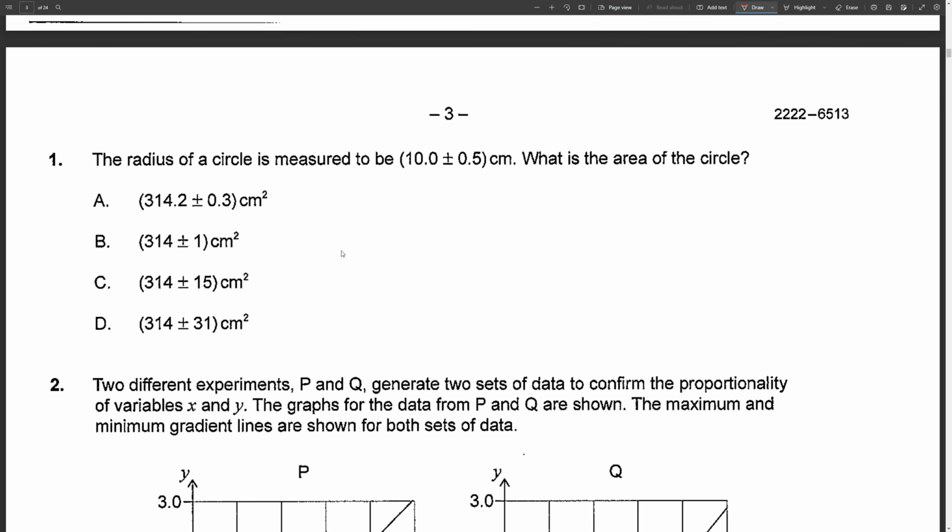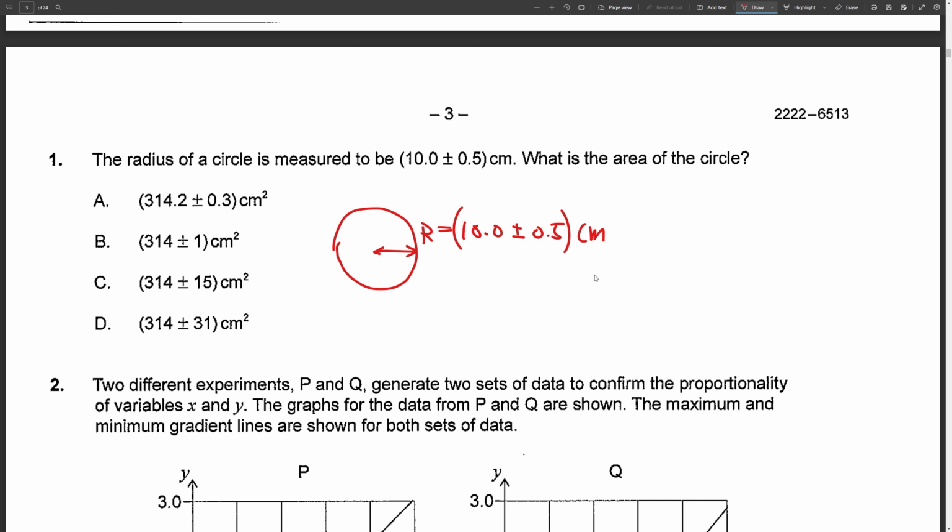In question 1, you're given some information about the radius of a circle. Based on the information, you are going to calculate the value and absolute uncertainty of its area. So let's make a drawing first. Firstly, you have a circle over here, and the radius here equals 10.0 plus or minus 0.5